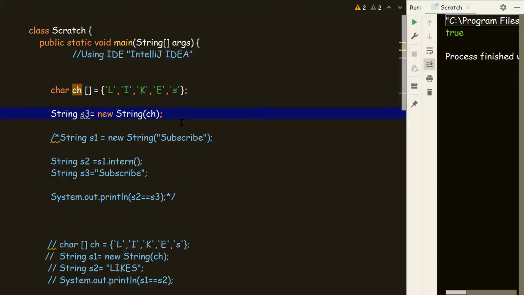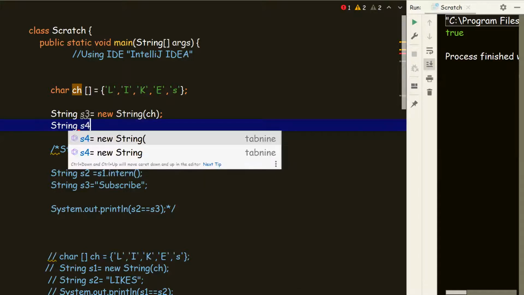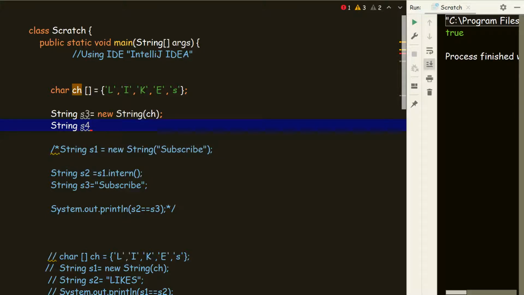Let's check without the intern method first, then we will understand it better. String s4 equal to "likes".